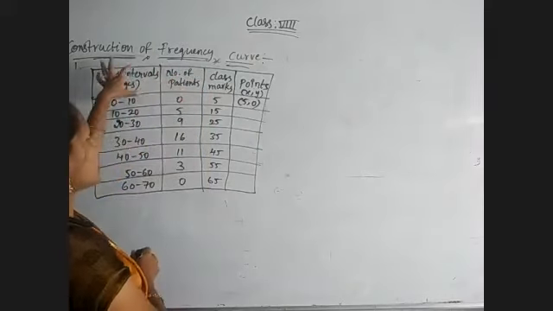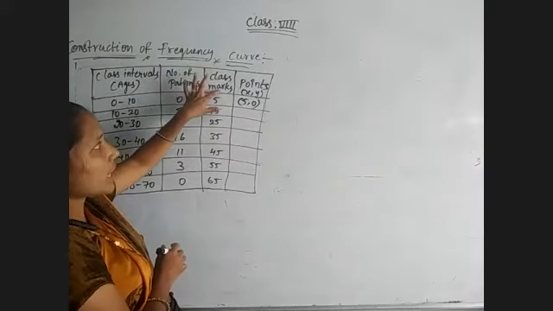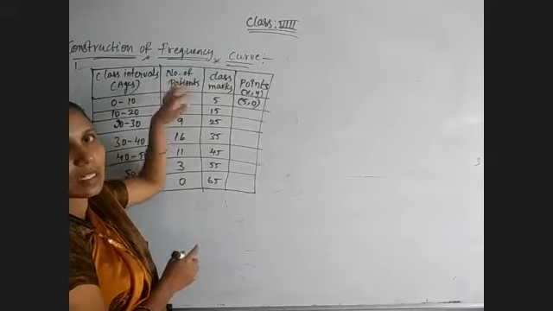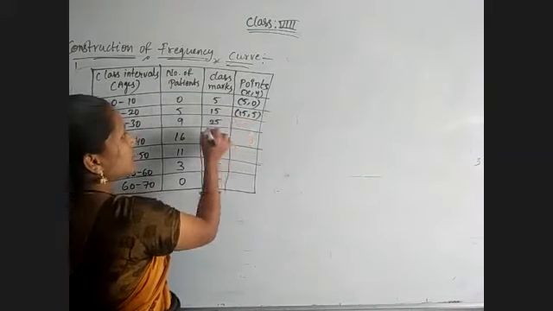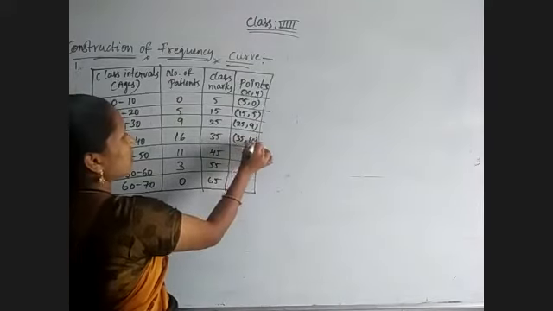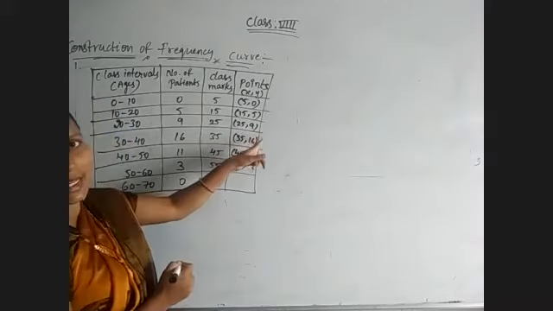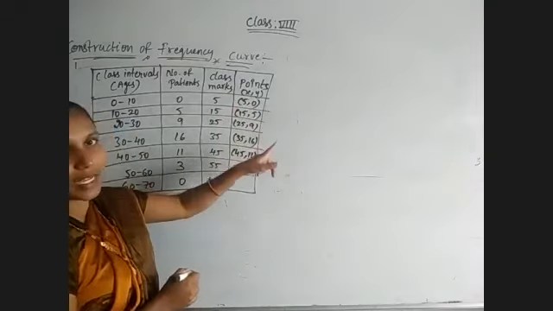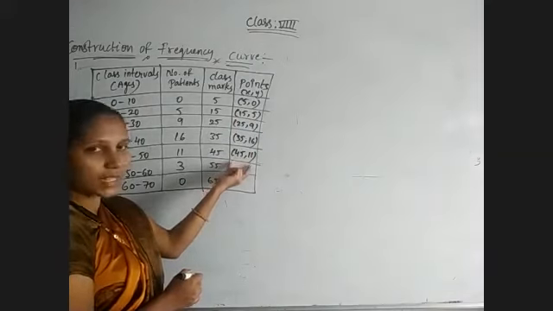Class intervals on x-axis. Instead of class intervals, we are taking class marks. Those values we will take for x coordinate, and frequency we will take for y-axis. Now next point is 15 comma 5, 25 comma 9. Next 35 comma 16, 45 comma 11. Compulsory we must use this type of brackets only, and it is only having two coordinates, x and y. So two coordinates we must indicate in this way only.